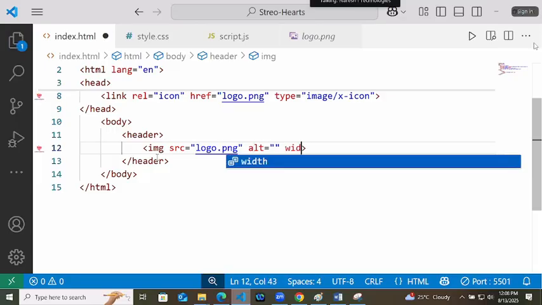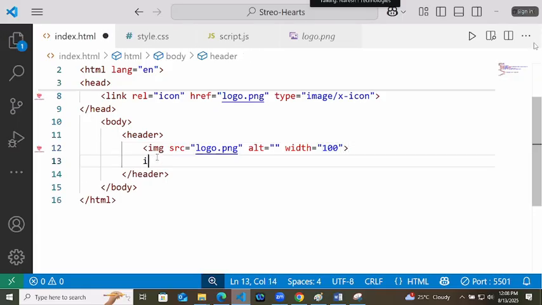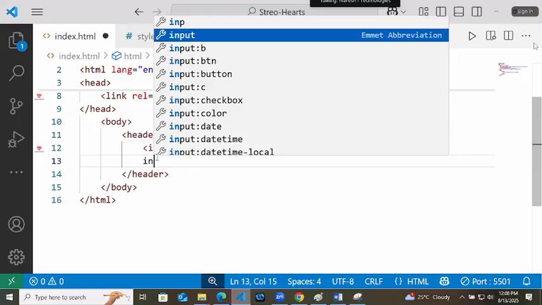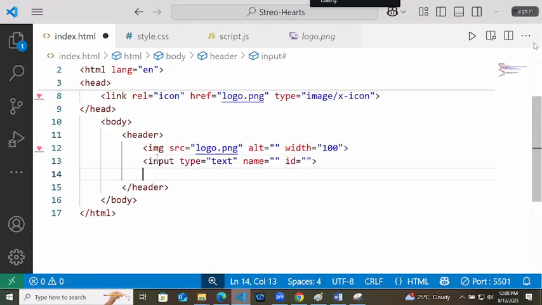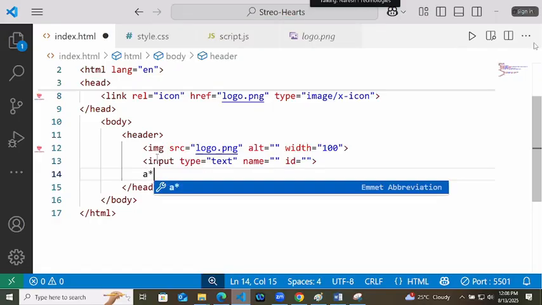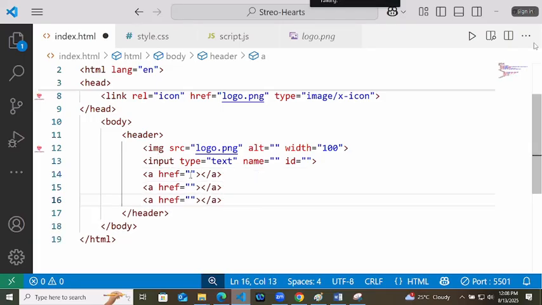Logo is very big, so I will decrease the width to 100. Then we will show one input box. After this, we will show three anchor tags. Premium, support, and contact.